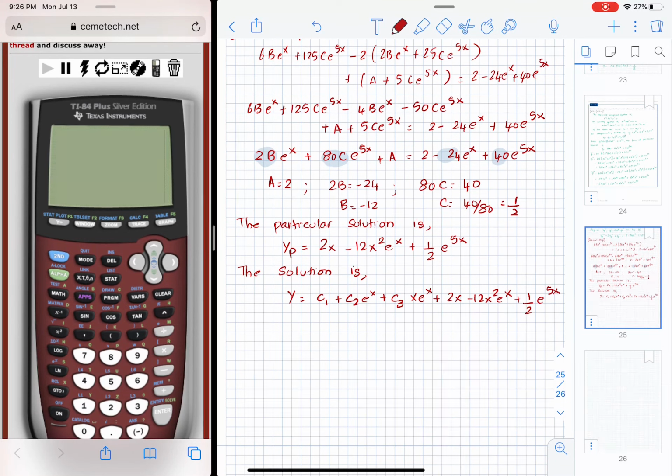That is the solution. Now we make use of the initial conditions